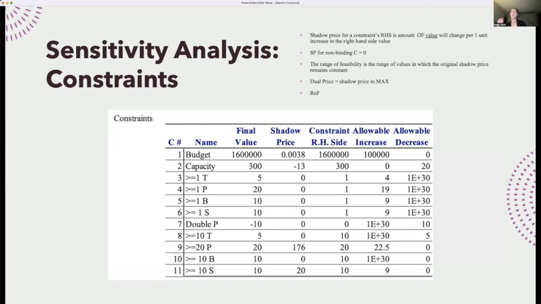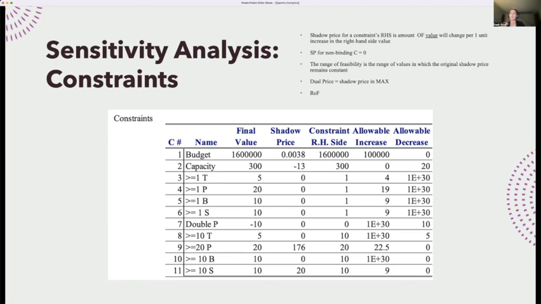The next slide is the constraints section of the sensitivity analysis. And so we have 11 constraints, and some are grouped, they're pretty much the same, so it's not 11 completely different constraints, just like we discussed earlier. But this is what it came up with. The final value, that first really meaningful column, tells us what the final value of that constraint is.